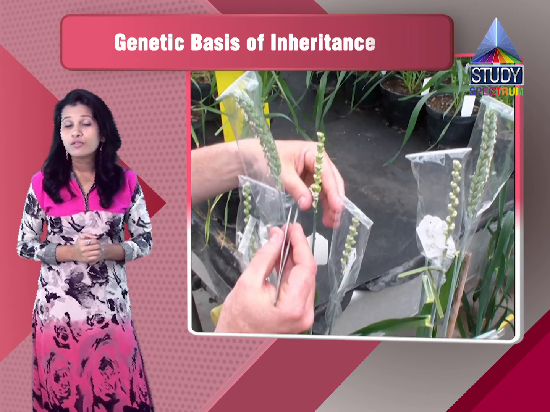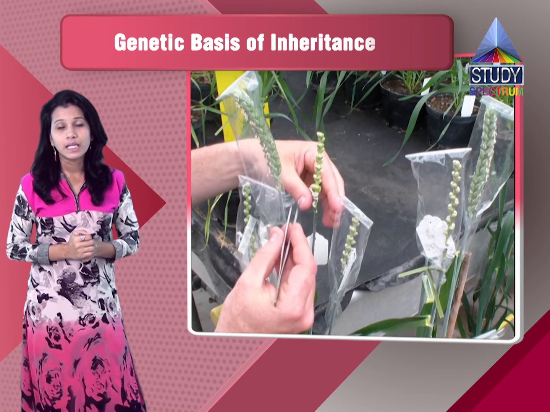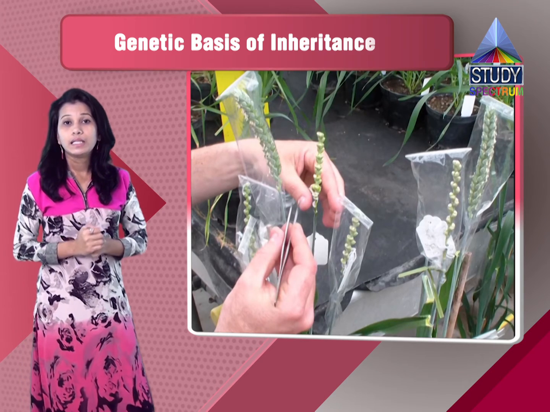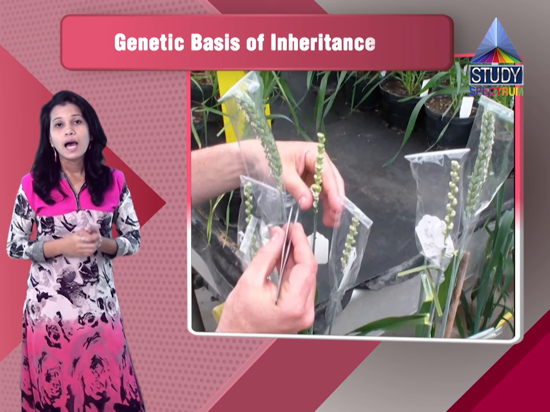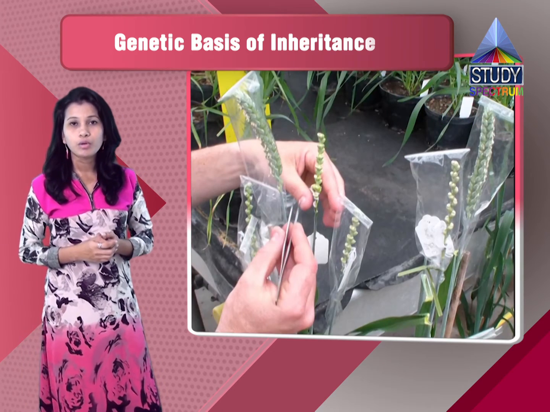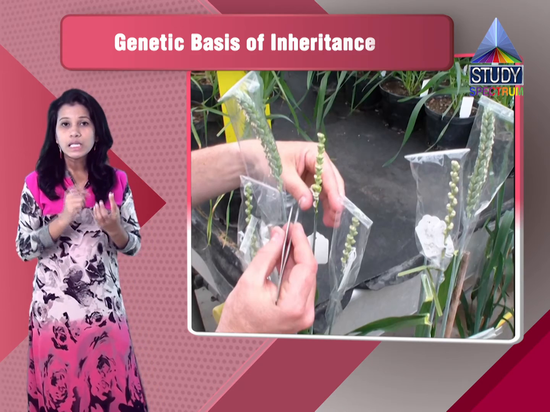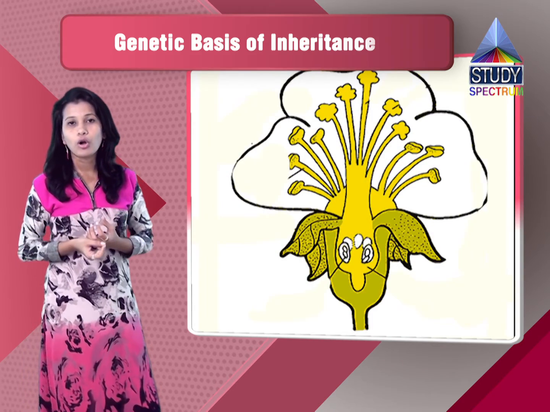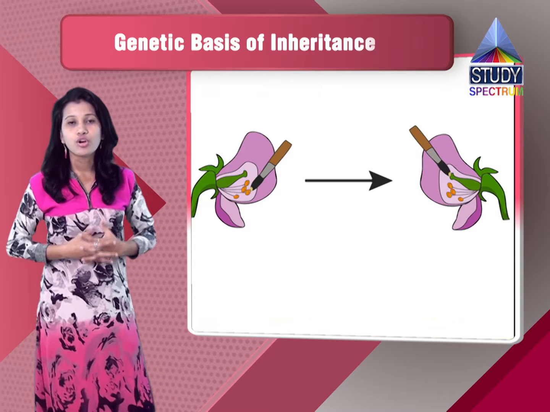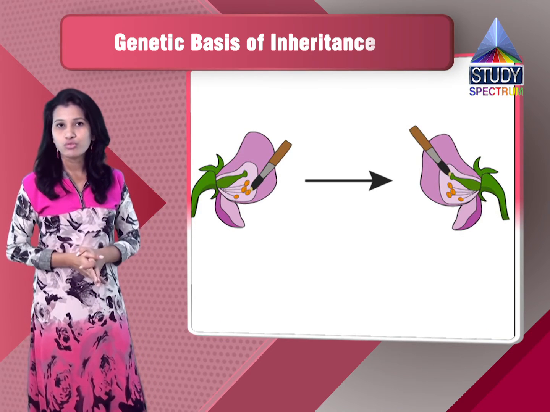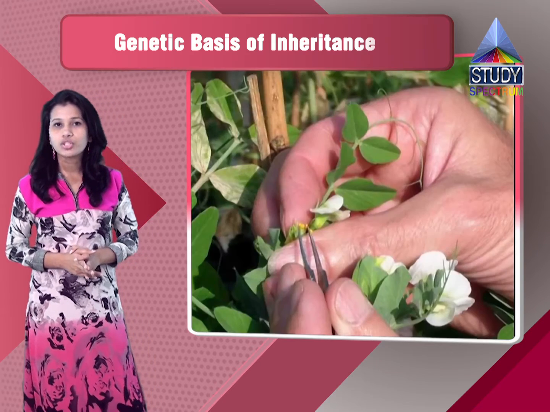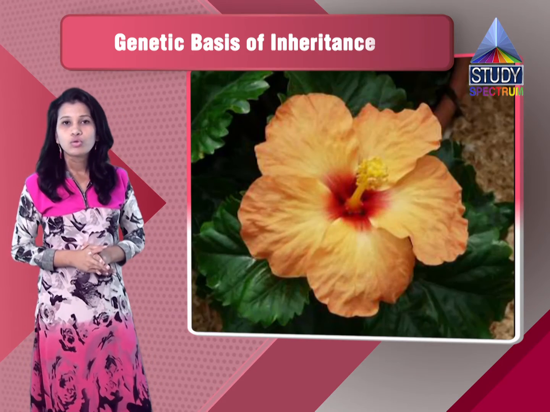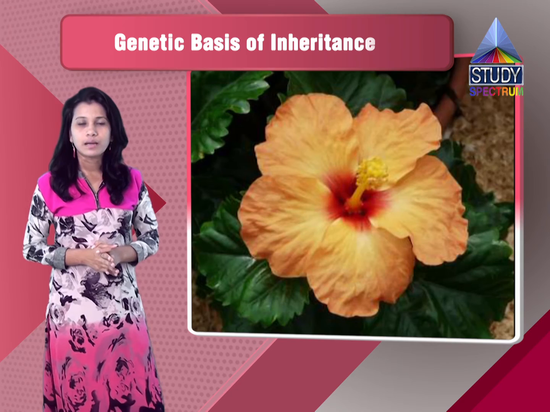Another reason for selection of this plant is that it has large flowers to do easy emasculation, and emasculation could be easily done because the flowers were large. It was easy to remove the male organ and hence do cross pollination. So for doing experiments he has to do cross pollination, and for cross pollination he has to do emasculation in a bisexual flower. So emasculation was easily done.